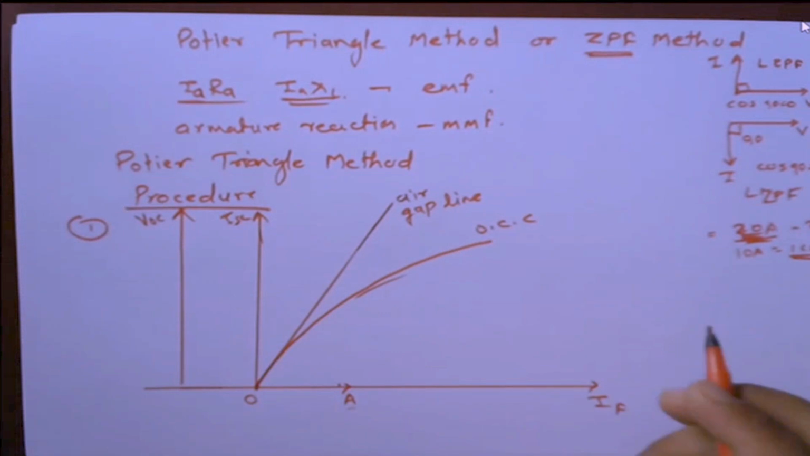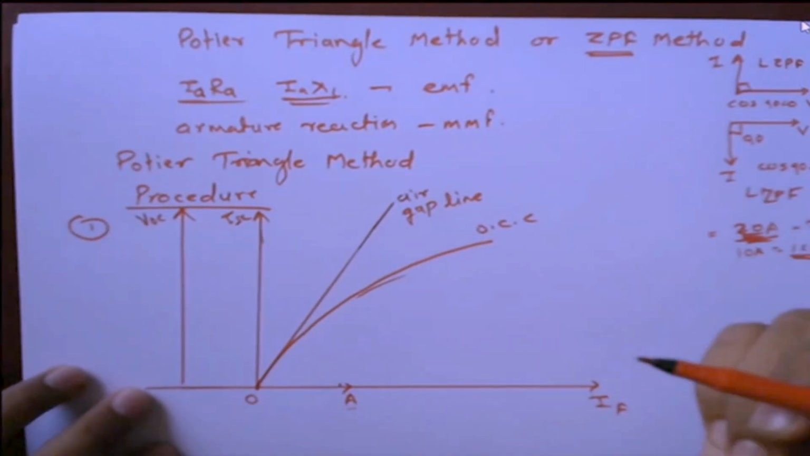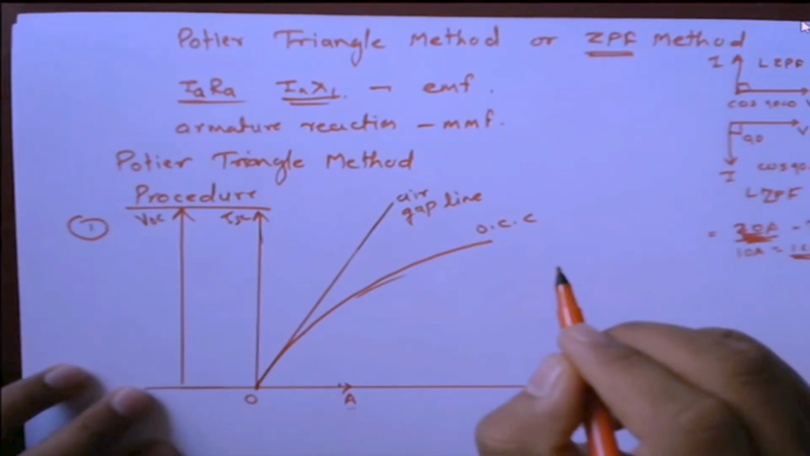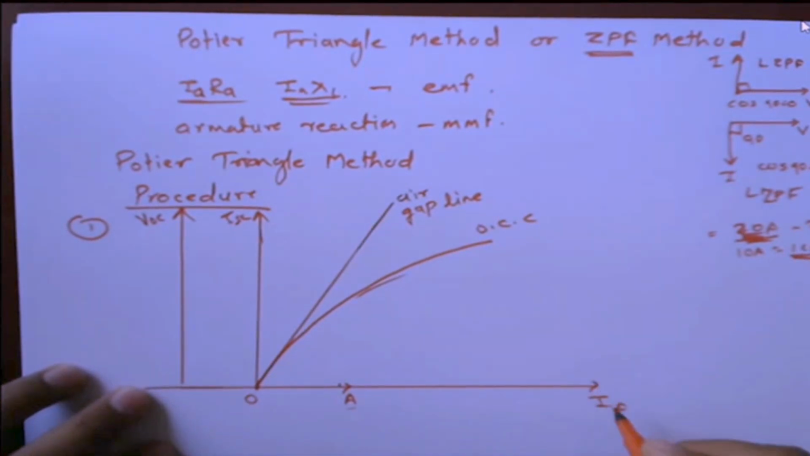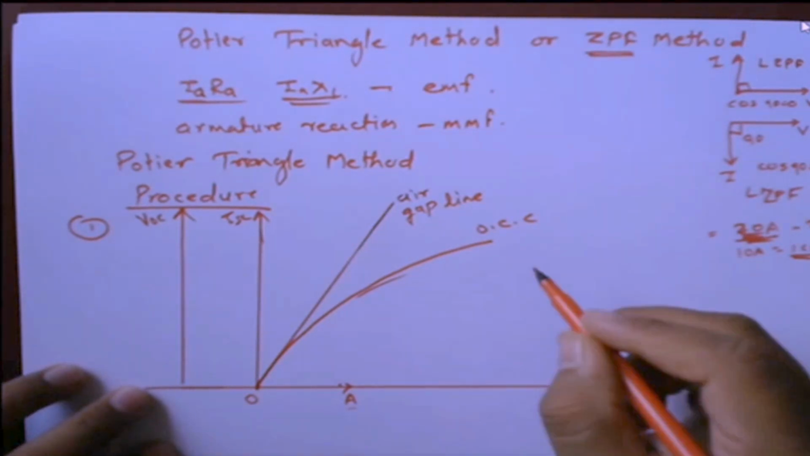Next step, again we have to mark a point P, which is indicating rated terminal voltage at full load, zero power factor lagging. So let us say suppose at a particular current of IF, we are getting rated terminal voltage of